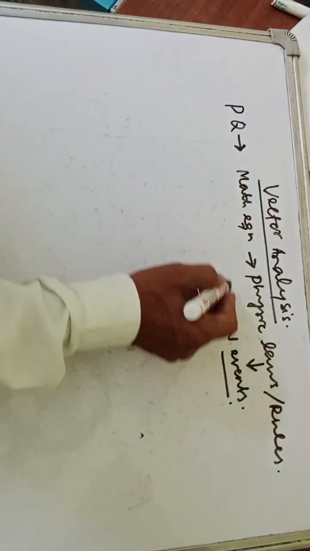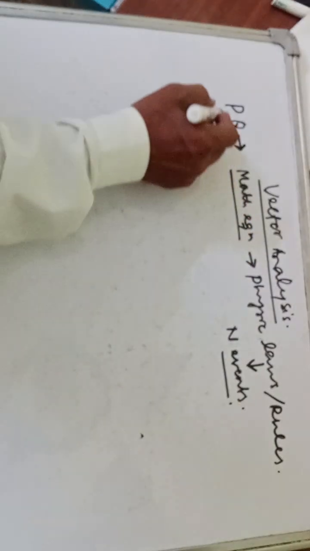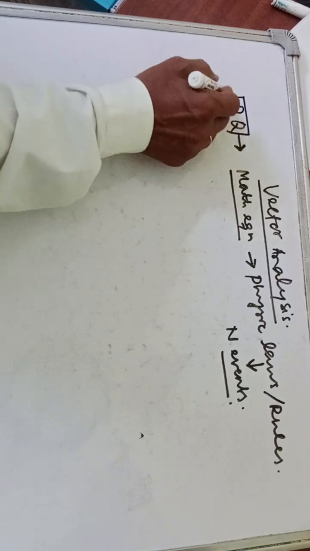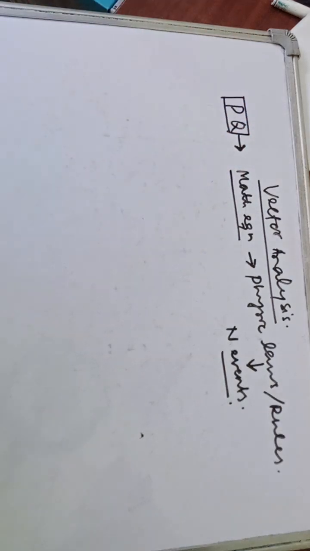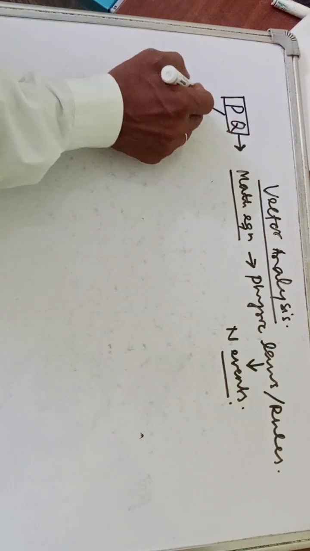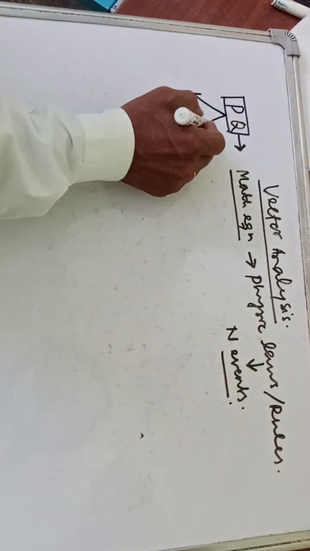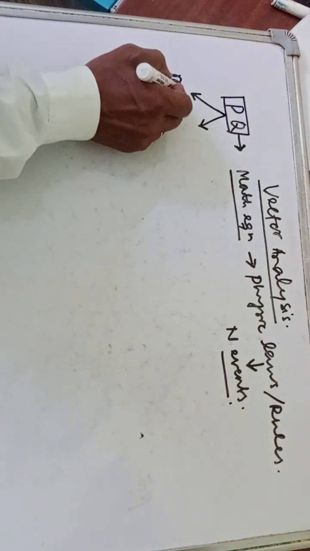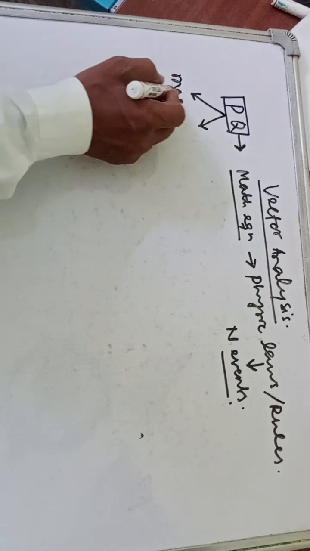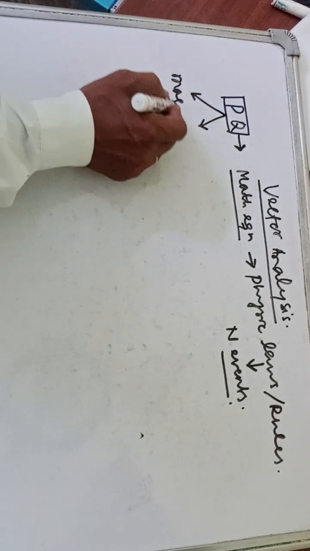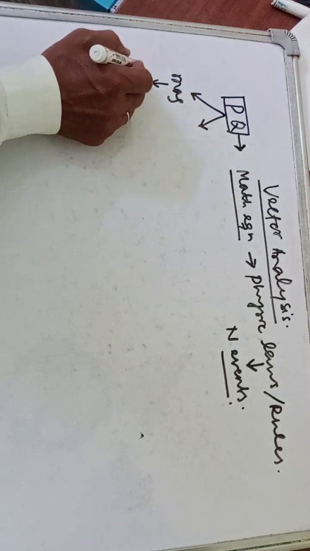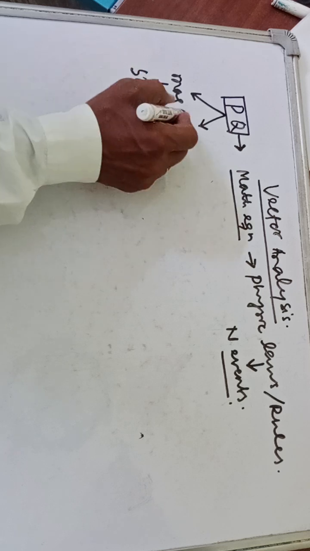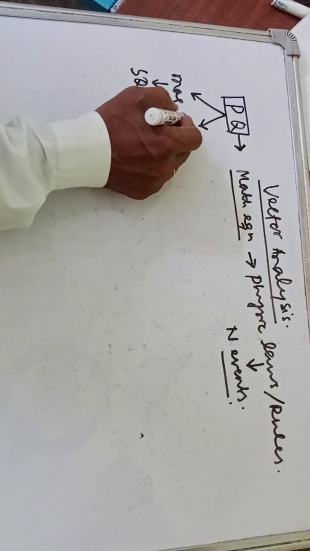Now, the terms that are used in mathematical equations are termed as physical quantities. We have physical quantities which need only magnitude for their complete description, termed as scalar quantities, whereas